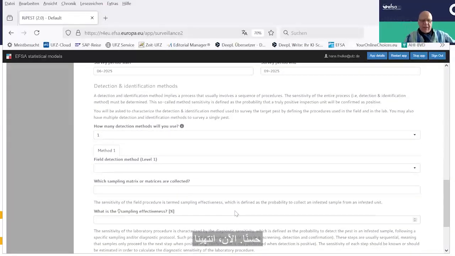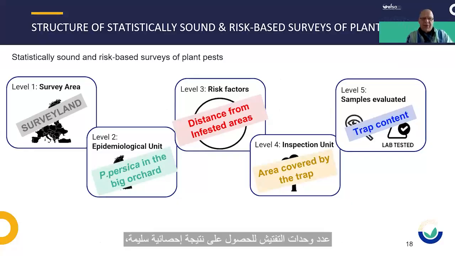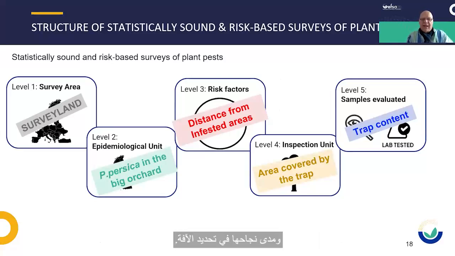Okay. So now we have basically done our survey. Great. Everything is there. Everything is mentioned. Now it comes to the quantification. Because when we want now to calculate the number of inspection units for a sound statistical conclusion, we need to know how well your detection method performs and how good it is at identifying the pest. So that means how effective is the catching and afterwards the identification of the insects from the trap catch. So that's what we have to address next.